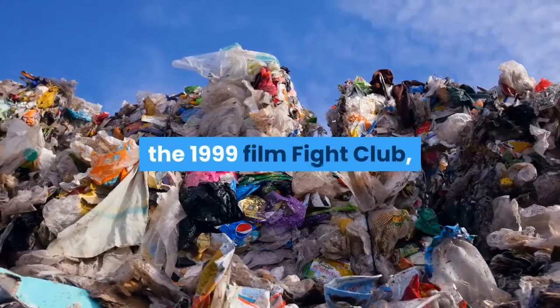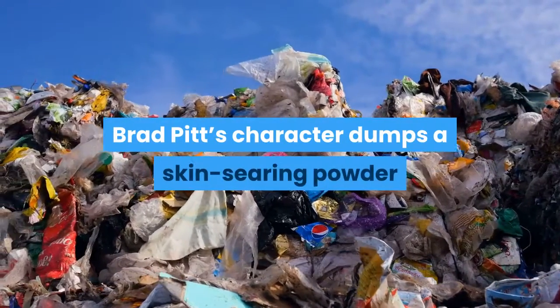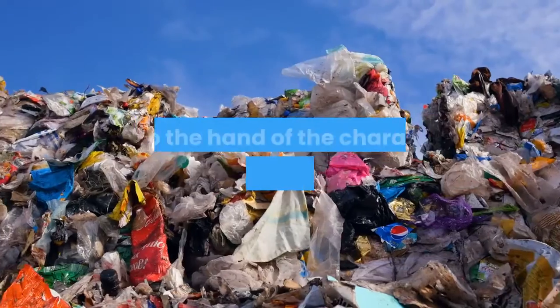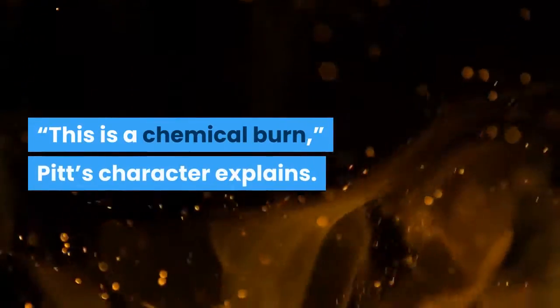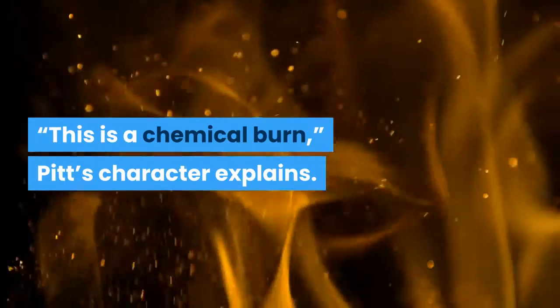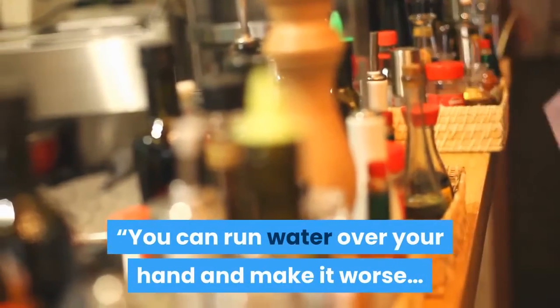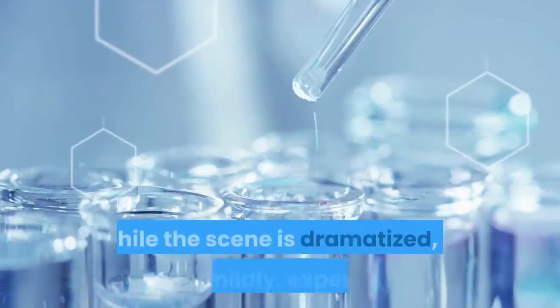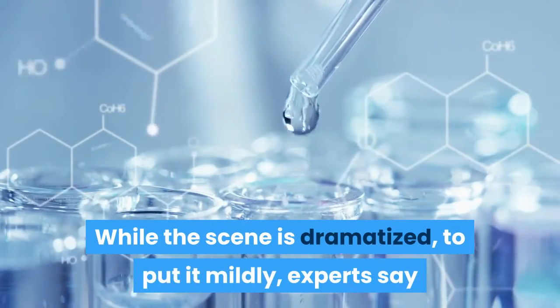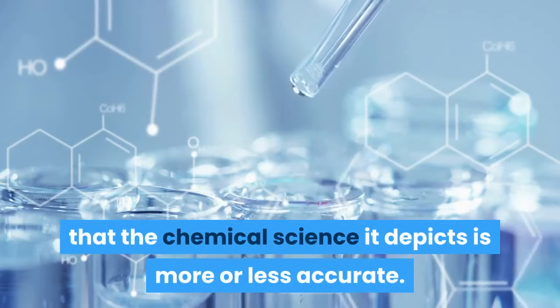In the 1999 film Fight Club, Brad Pitt's character dumps a skin-searing powder onto the hand of the character played by Edward Norton. "This is a chemical burn," Pitt's character explains. "You can run water over your hand and make it worse, or you can use vinegar to neutralize the burn." While the scene is dramatized, to put it mildly, experts say that the chemical science it depicts is more or